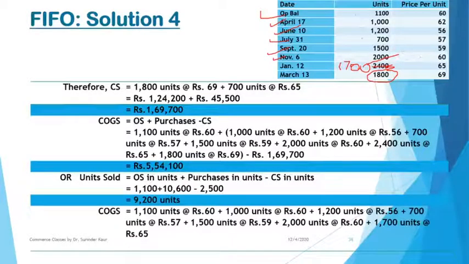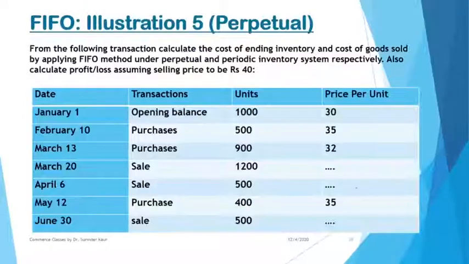Although, there is no need to calculate units sold as such. Reason being that we can directly take the units from the flow of inventories, isn't it? We know the overall flow of the inventories. This is the flow of inventories, and if out of this flow of inventories, we know that this much stock is left, so remaining must have been sold. So you can calculate cost of goods sold directly. Now this is a problem based on perpetual system. So till now we were having periodic system.